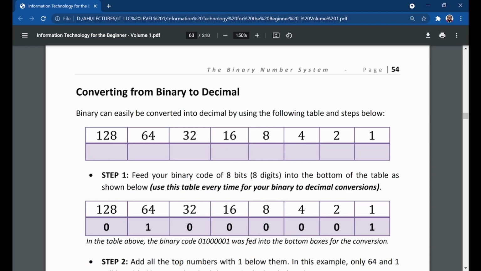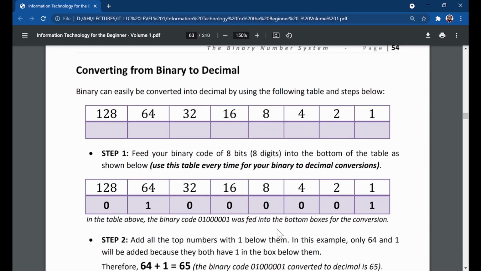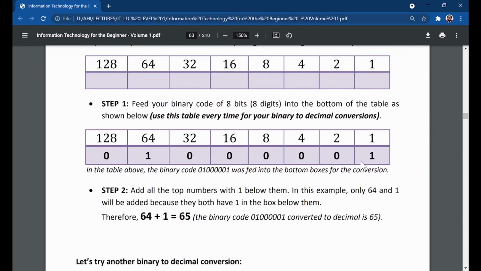If you are given a code to convert, all you have to do is make sure your code is in 8 bits and write your code inside this table. Once your code is inside this table, all you have to do is pick the numbers where the ones are